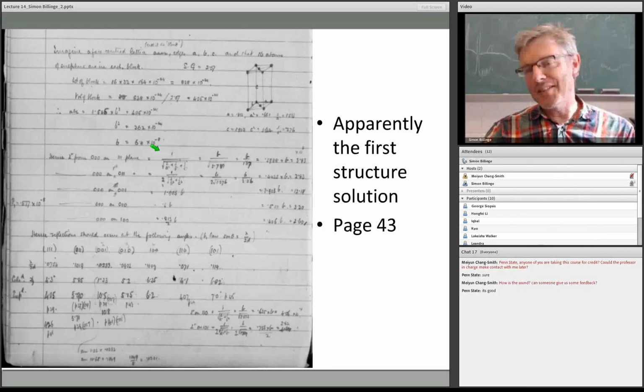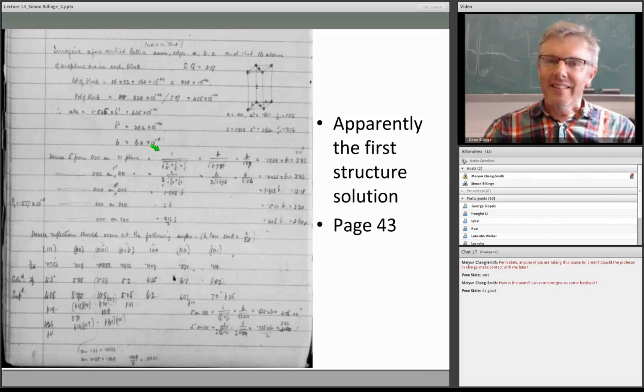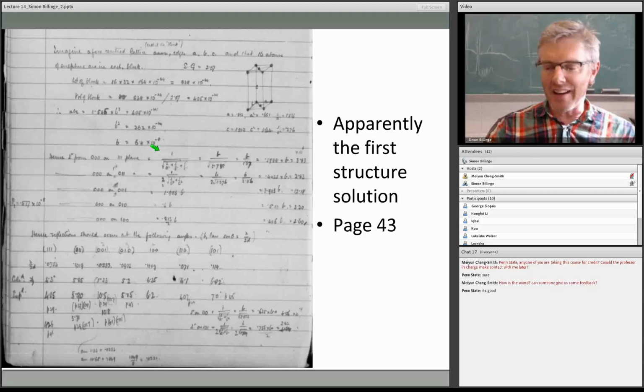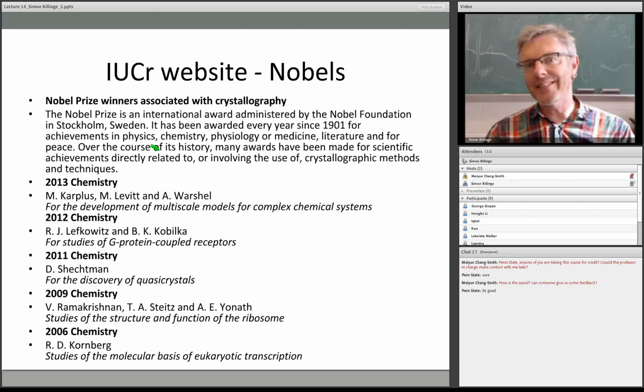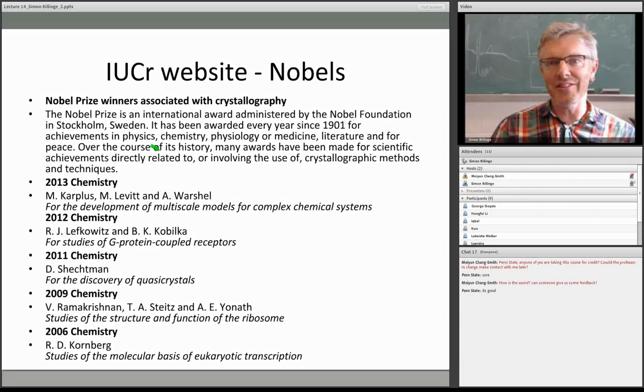Of course, it was hard for them. They had to build all the machinery. But anyway, that's 100 years ago, and we've come a really long way. So it's highly automated, and they're very powerful algorithms, but it's a really extremely non-trivial problem. On the IUCR website, IUCR stands for International Union of Crystallography, they actually list all of the Nobel Prize winners that are associated with crystallography. And I have to admit that some of them are rather loosely associated with crystallography, but nonetheless,